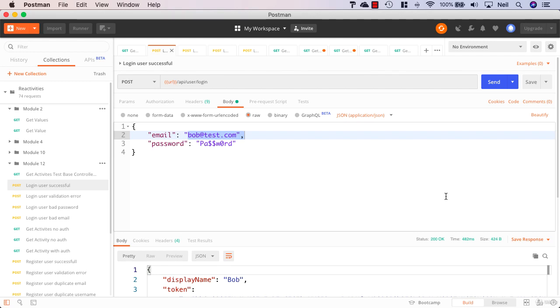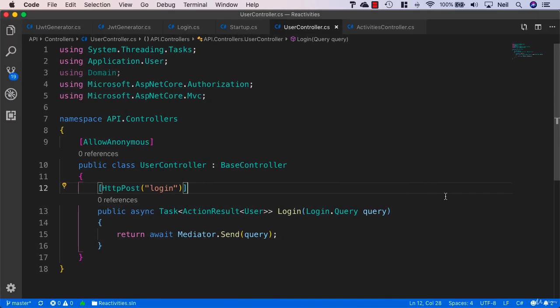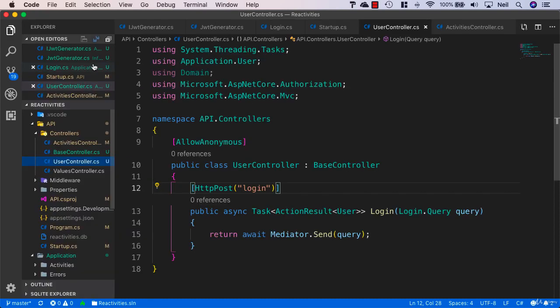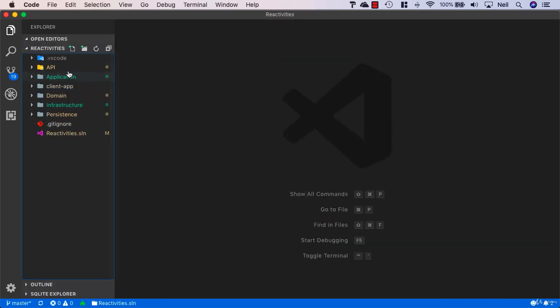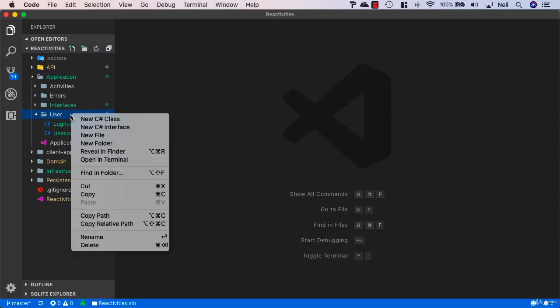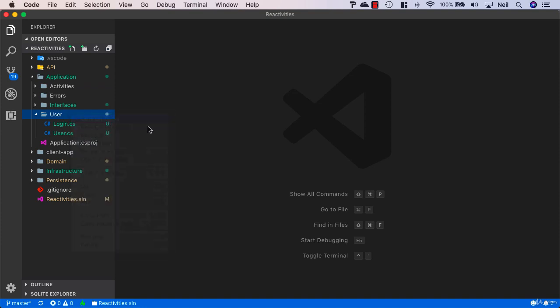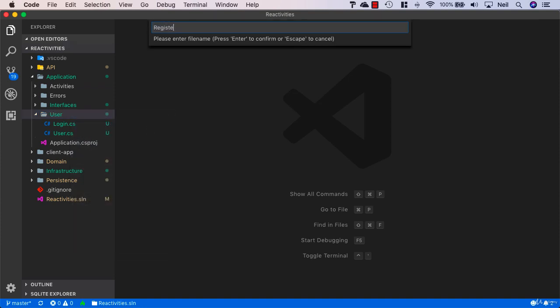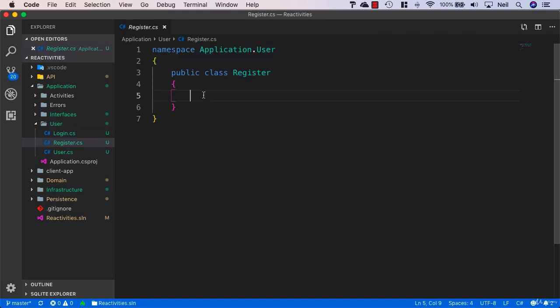So next on our list is to register new users. So let's head back to VS Code and I'll just clean things up a bit in here. Inside our application, inside our user folder, let's create another new class, and this one we'll simply call Register. And this is going to be a command handler because we are changing the state of our application here when